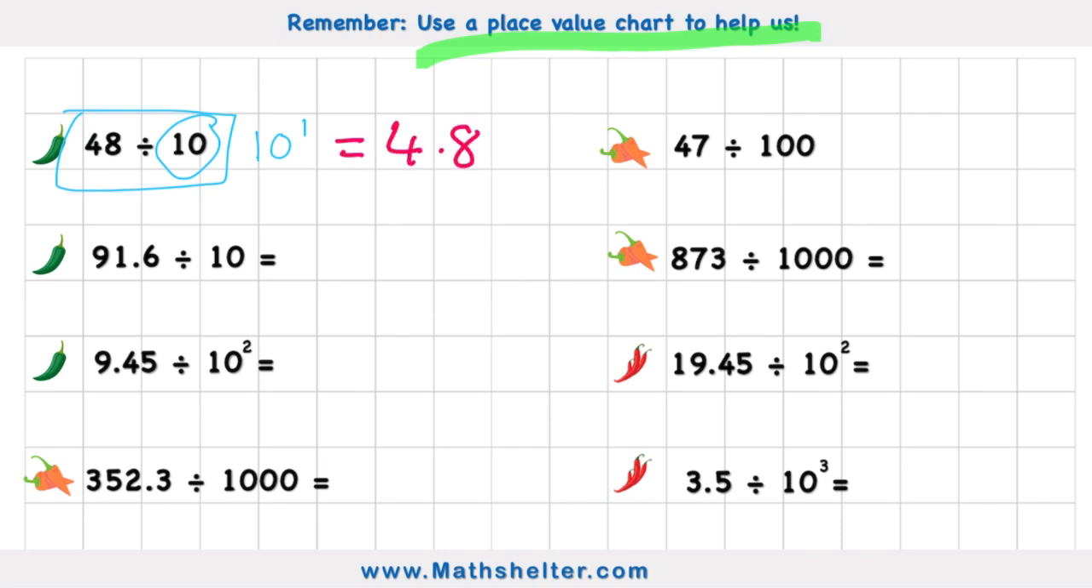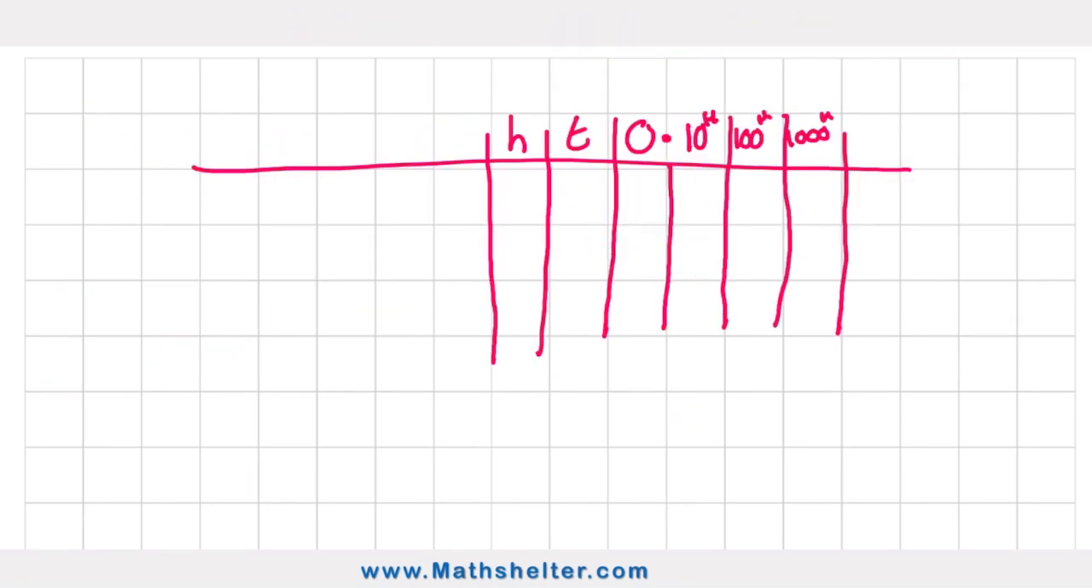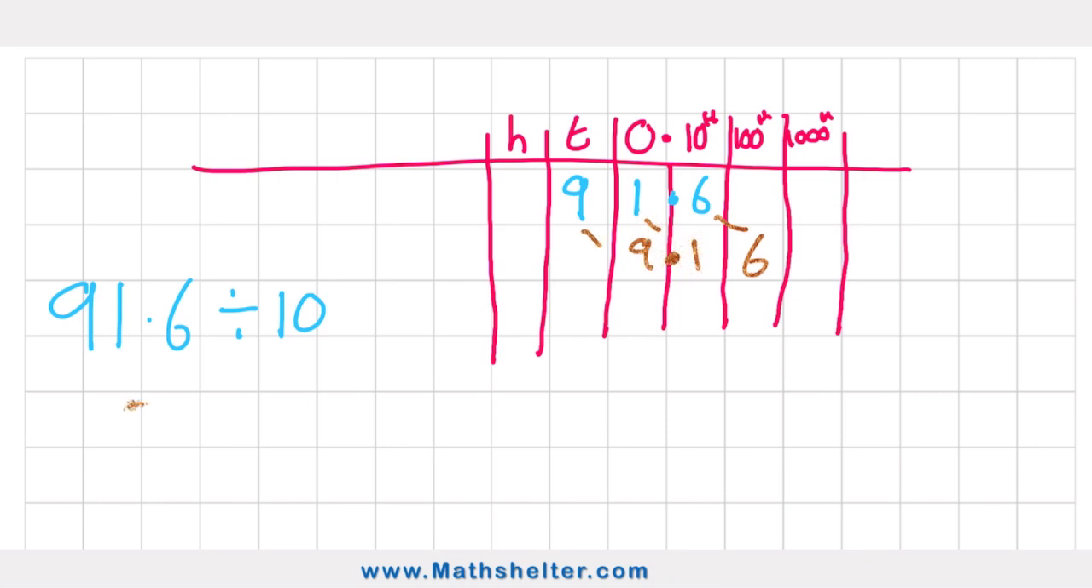4.8. Next one, 91.6 divided by 10, a little bit harder. Let's have a look. We have 91.6 divided by 10. Put the numbers in place, 9 tens, 1 one, a decimal, and then 6 tenths. And we're dividing by 10, so exactly the same thing. I just move them one place down my place value chart. And once I put my decimal point back, I'm left with